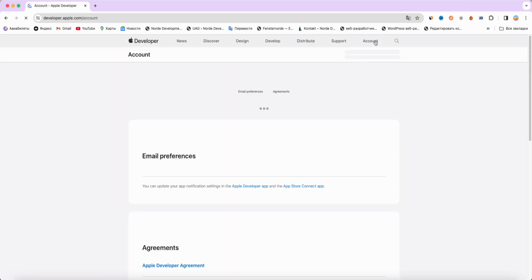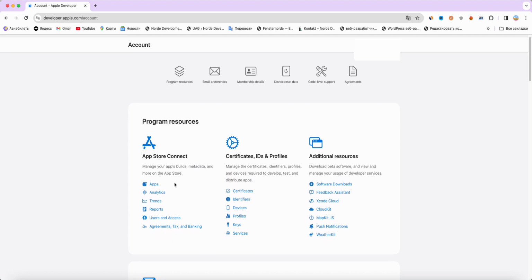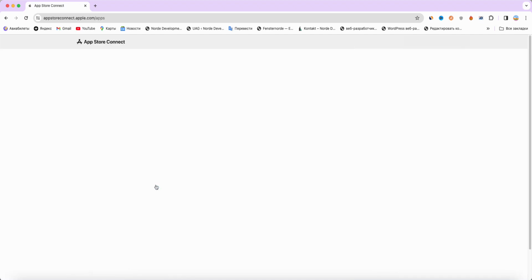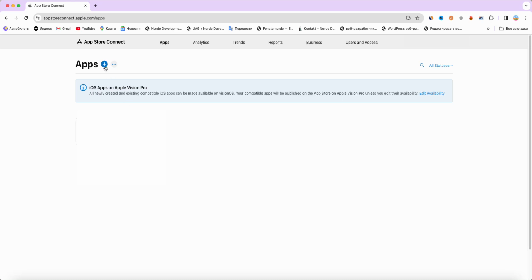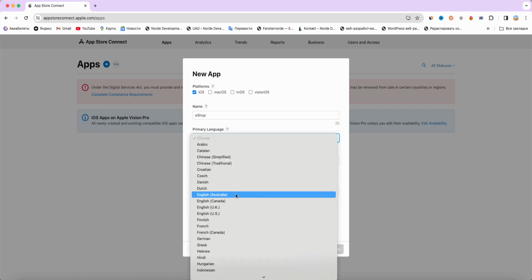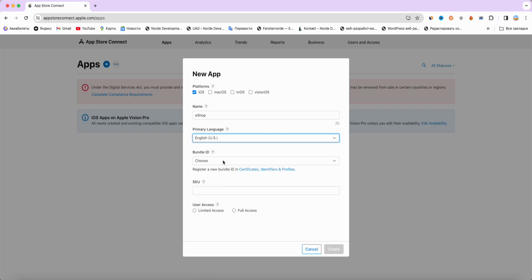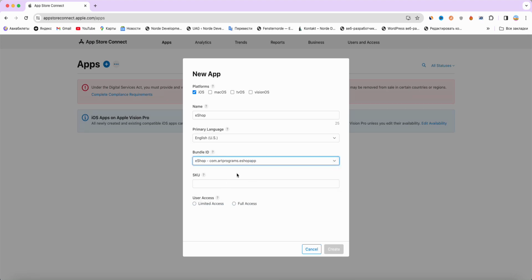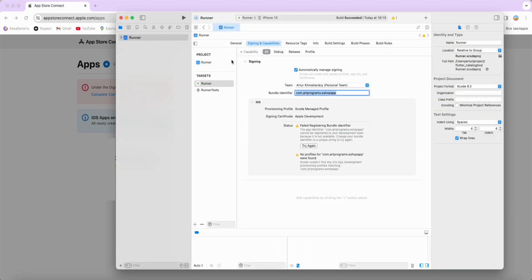developer account, apps, then add new app, iOS, name eShop, select language English, select bundle ID, then we open Xcode, runner, in capabilities,